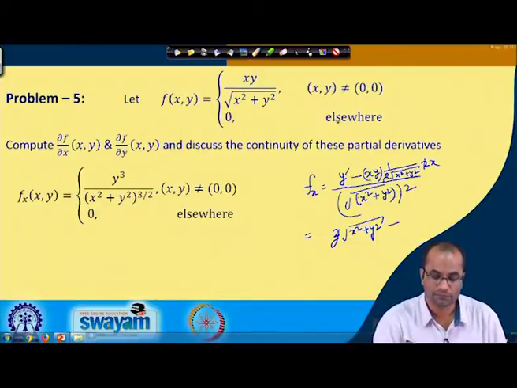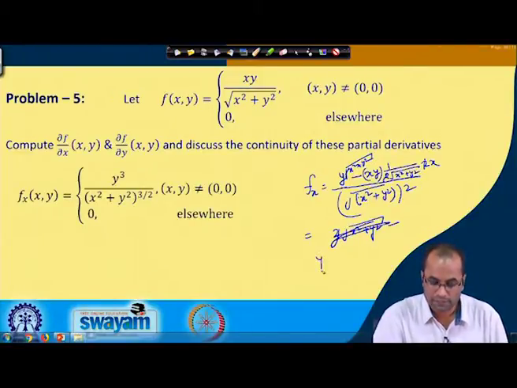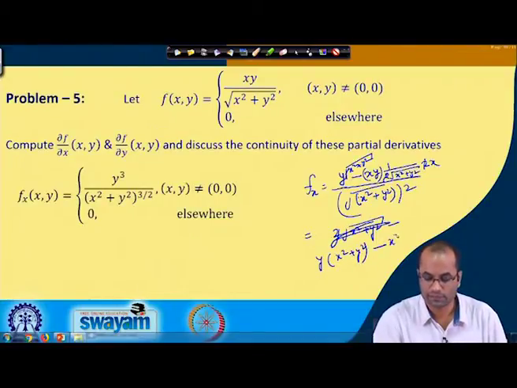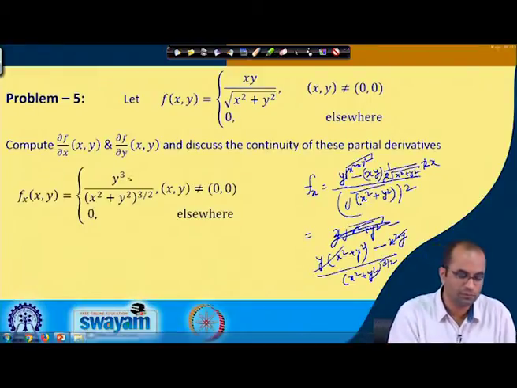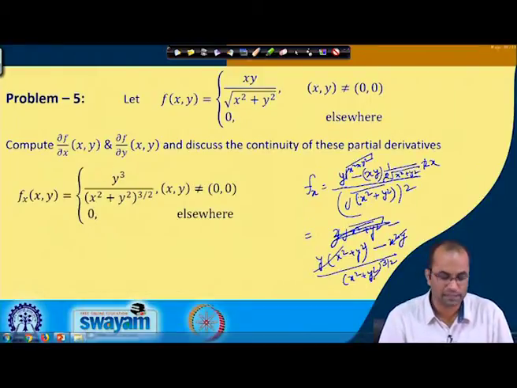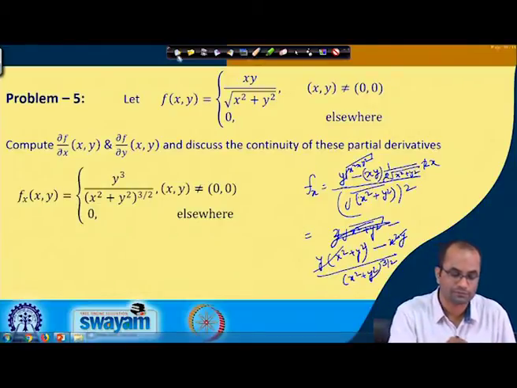So, here again this term will go there because of the quotient rule. So, x squared plus y squared. So, this will become y into x squared plus y squared and minus this x squared y, and then divided by this x squared plus y squared term, and this will also come. So, this will become 3 by 2, 1 and this half will make it 3 by 2. So, here this x squared y will get cancelled, and we will get y cubed, exactly this term here, y cubed over x squared plus y squared to the power 3 by 2.